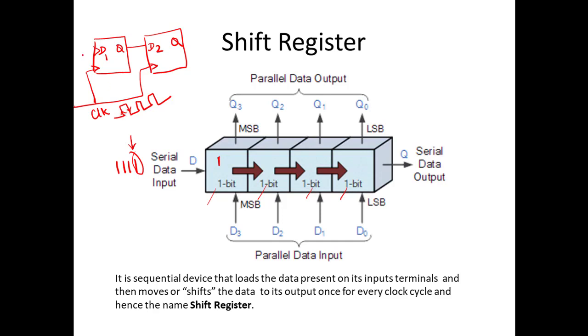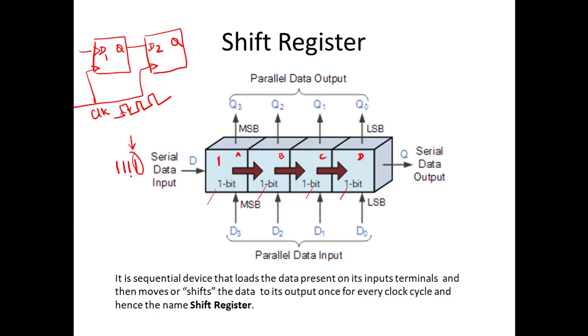So if I am giving an input of 4 bits, instead of numbering the flip-flops 1, 2, I will be writing them as A, B, C, D, the 4 flip-flops DA, DB, DC and DD. In such a way it will be connected, the output of one flip-flop to the input of another. During your first clock pulse, your first least significant bit will be moved inside your D flip-flop, and stored inside the flip-flop.